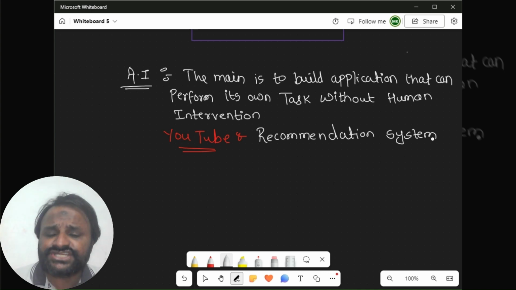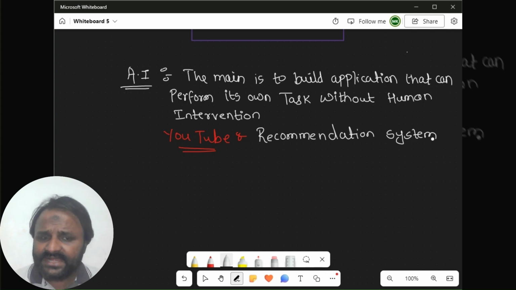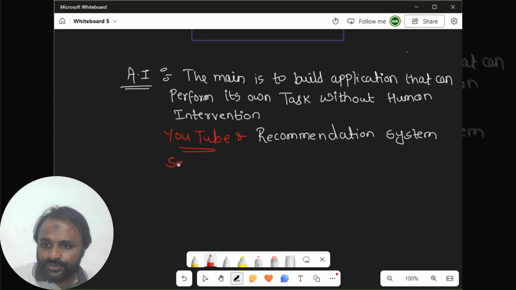What exactly is the AI engineer's role there? The AI engineer tries to integrate some amazing models, which involves fine tuning. A lot of fine tuning will be involved, and multiple things are integrated properly so that it will be scalable. These are the applications you people are using, whether Netflix, YouTube, or different applications. I can even give one more example: the self-driving car. Self-driving cars are also one of the best examples you might have seen nowadays.